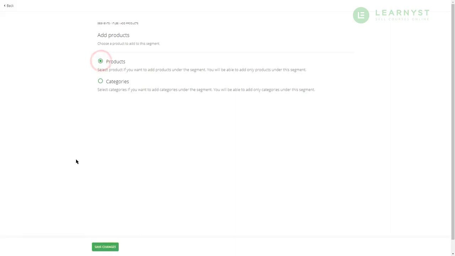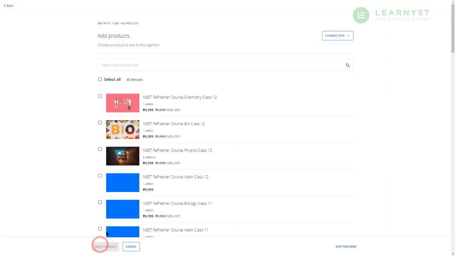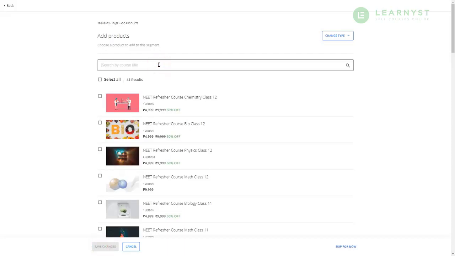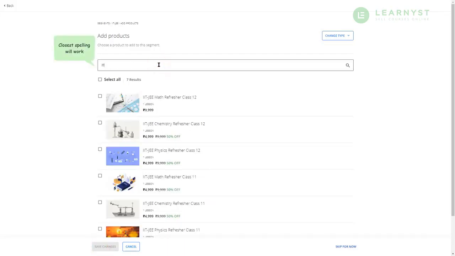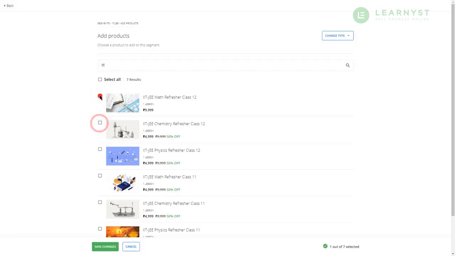To add a product, first click on Add Products and select the Products option. Here you can type in the product that you want. For example, to add all IIT related training materials, type IIT and click on the checkbox next to each of the products. Alternatively, you can click on the Select All checkbox to select all the IIT products.